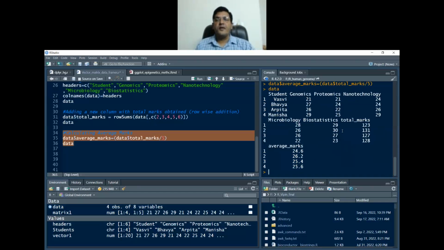This is a data frame. What is a data frame? It is a tabular format again, right? It will have rows and columns. And these rows and columns can have character, logical, or numeric values. So basically categorical or numeric values can be present